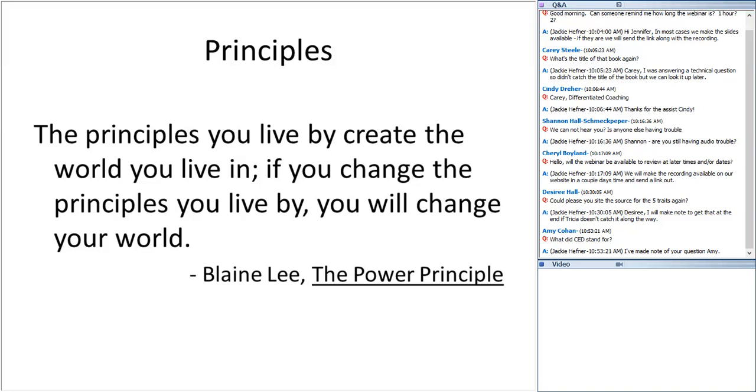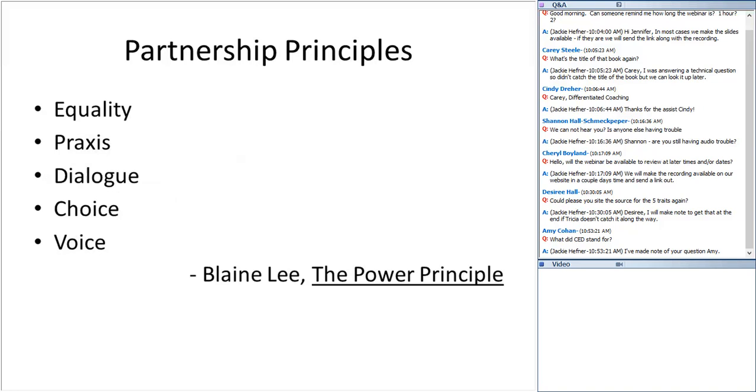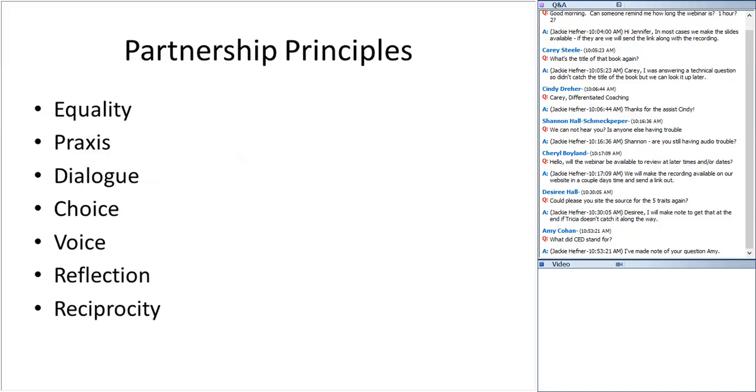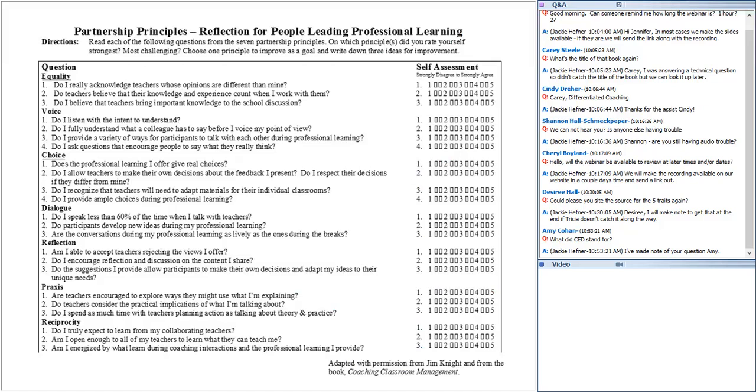Well, the same is sometimes true for our coaches. They understand the content. They understand the target. They understand maybe even the instructional tactics that could be useful in pushing people towards that target. But if the principles under which they're working with people on your campus are faulty, eventually it's going to lead to catastrophe. So we've outlined in Coaching Classroom Management 7 basic partnership principles to help guide every interaction with staff,